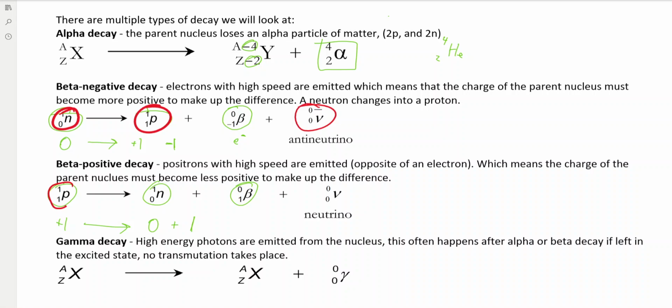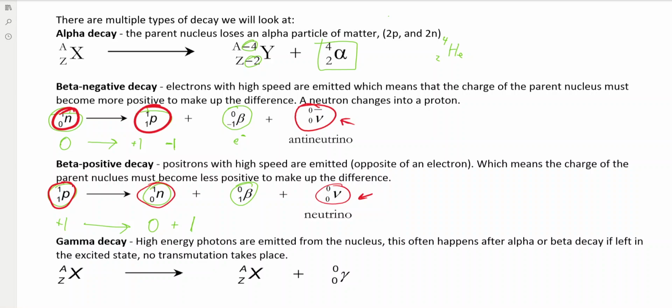And then we've got a proton turning into a neutron, and we're also shooting off the neutrino, which apparently makes the masses work, but it is not entirely clear to me how. So anyways, it's important because it helps us obey the laws of conservation, conservation of momentum and mass and